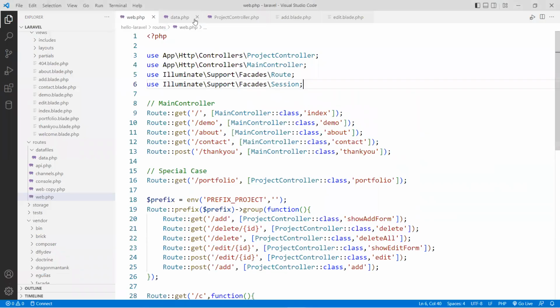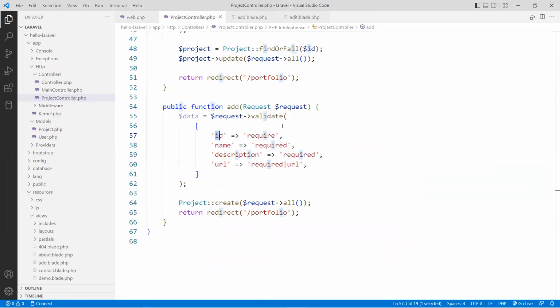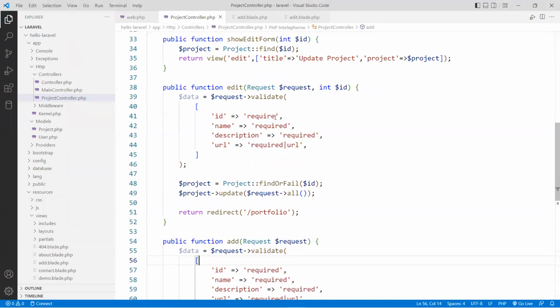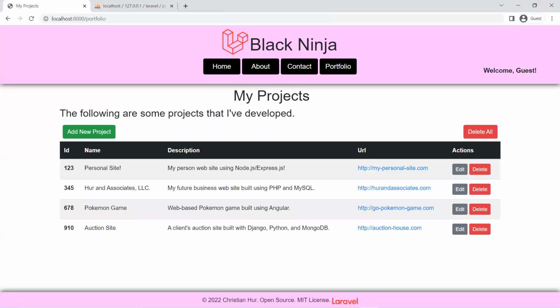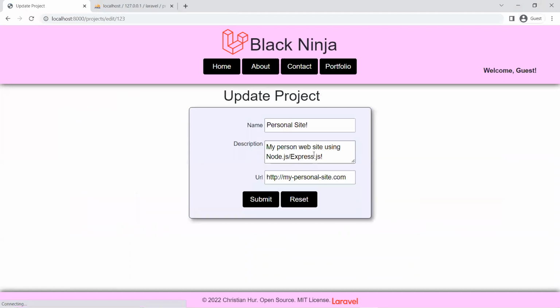So when we do the edit part, let's close that data file. The add will be find the controller. ID is required. Required with a D. Okay, maybe I did it wrong for the other one too. Let's see, required. Yeah, that's important. All right, so one more time, edit and remove that and this, and then a dot, and then hit submit,